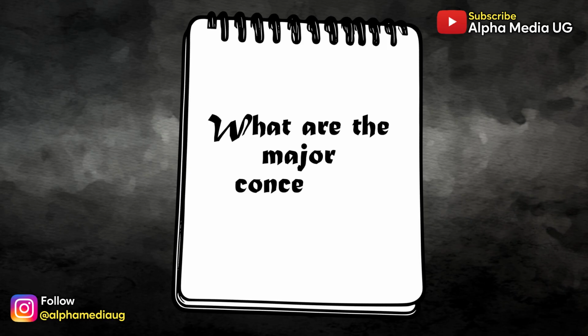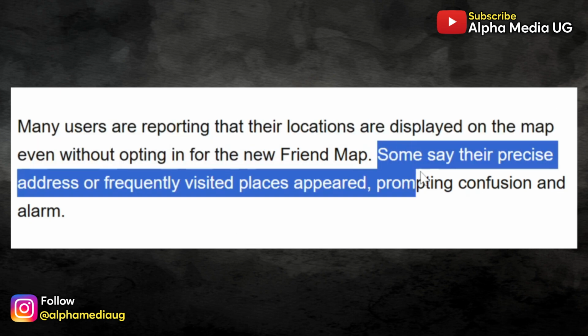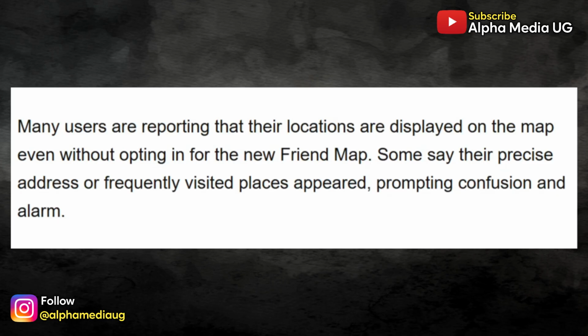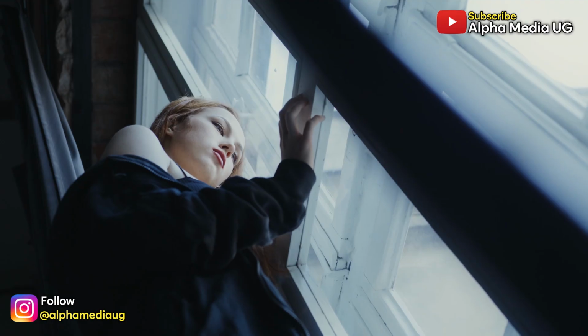So now regarding the concerns, here is where it gets complicated. People are reporting that their location is showing up on the map without their knowledge. Some even claim they saw their home address visible to all their followers, which is a bit frightening. In a similar case, privacy experts warn this could make stalking and harassment much easier, especially for women, minors, and